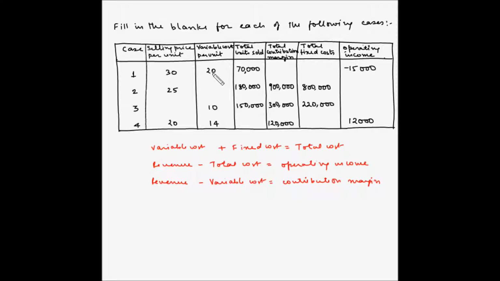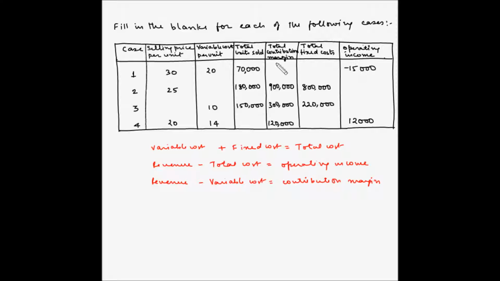The variable cost per unit is $20. So the cost of labor, raw material, which varies with the number of units sold, is $20. The total number of units sold is 70,000. We don't have the contribution margin, we don't know the fixed cost, but we know that the operating income is